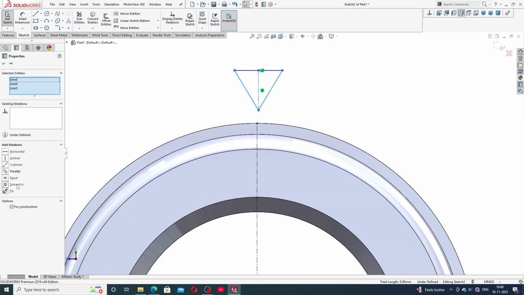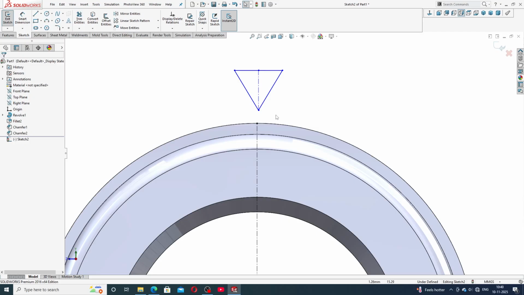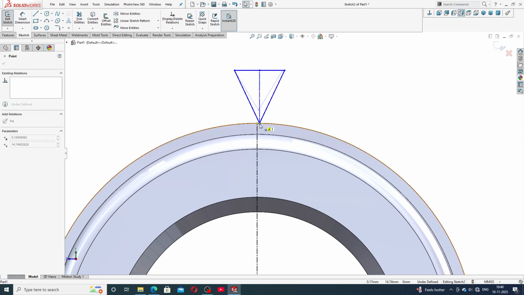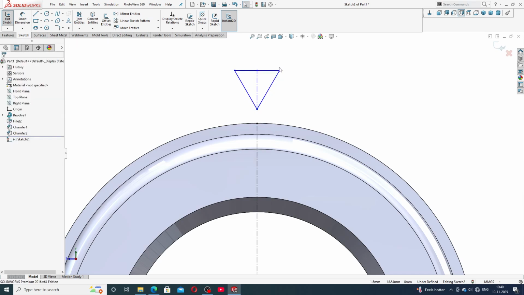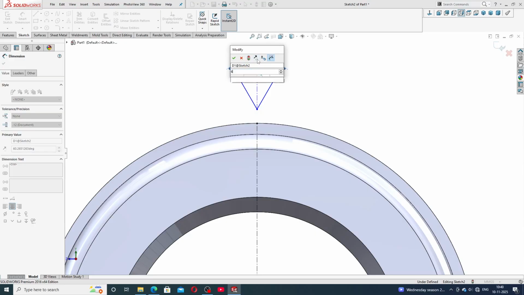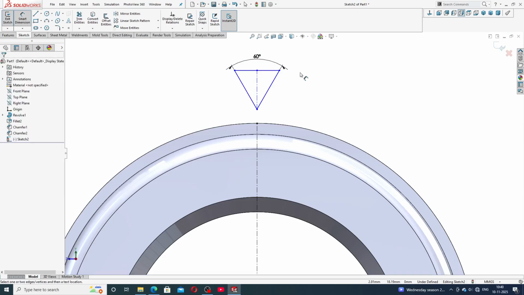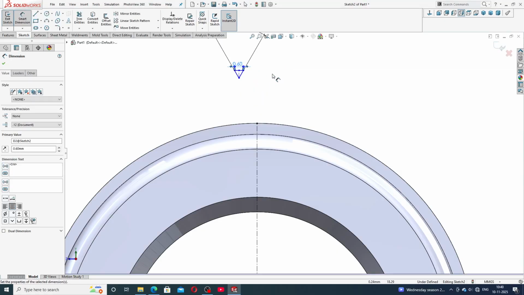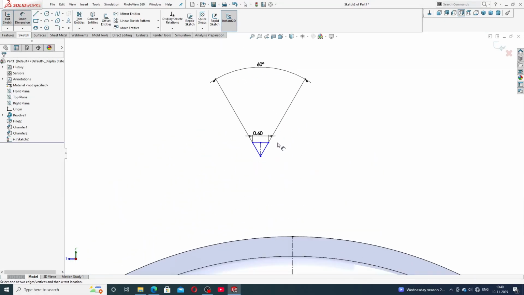This is symmetric. Okay, this is perfect, and this is a symmetric line. And the dimension is 60 degree. Okay, all is perfect, and this is use 0.6. Okay, this is perfect,